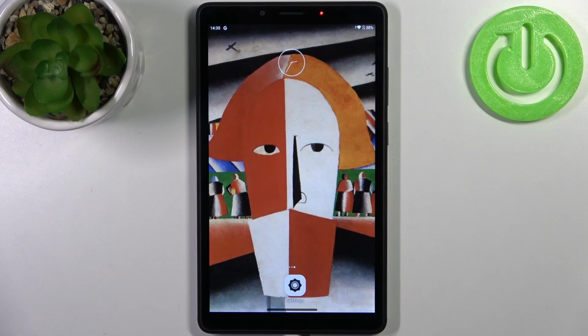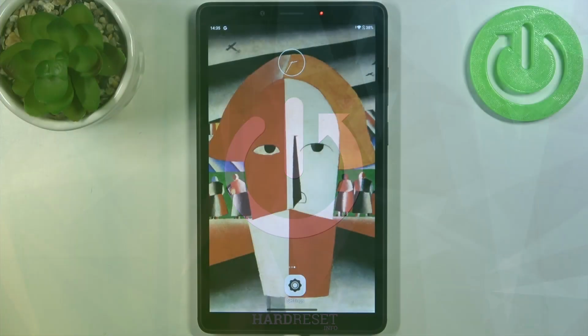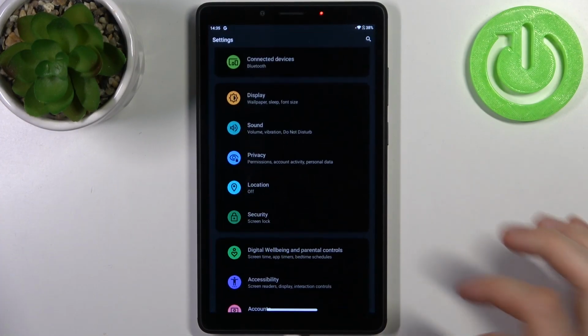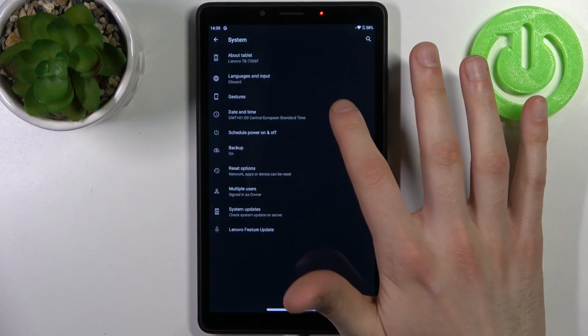Here I have LENOVO Tab M7, and today I'm going to show you how to change date and time settings on this device. So to do this, firstly you have to open settings, then go to the system section, then go to the